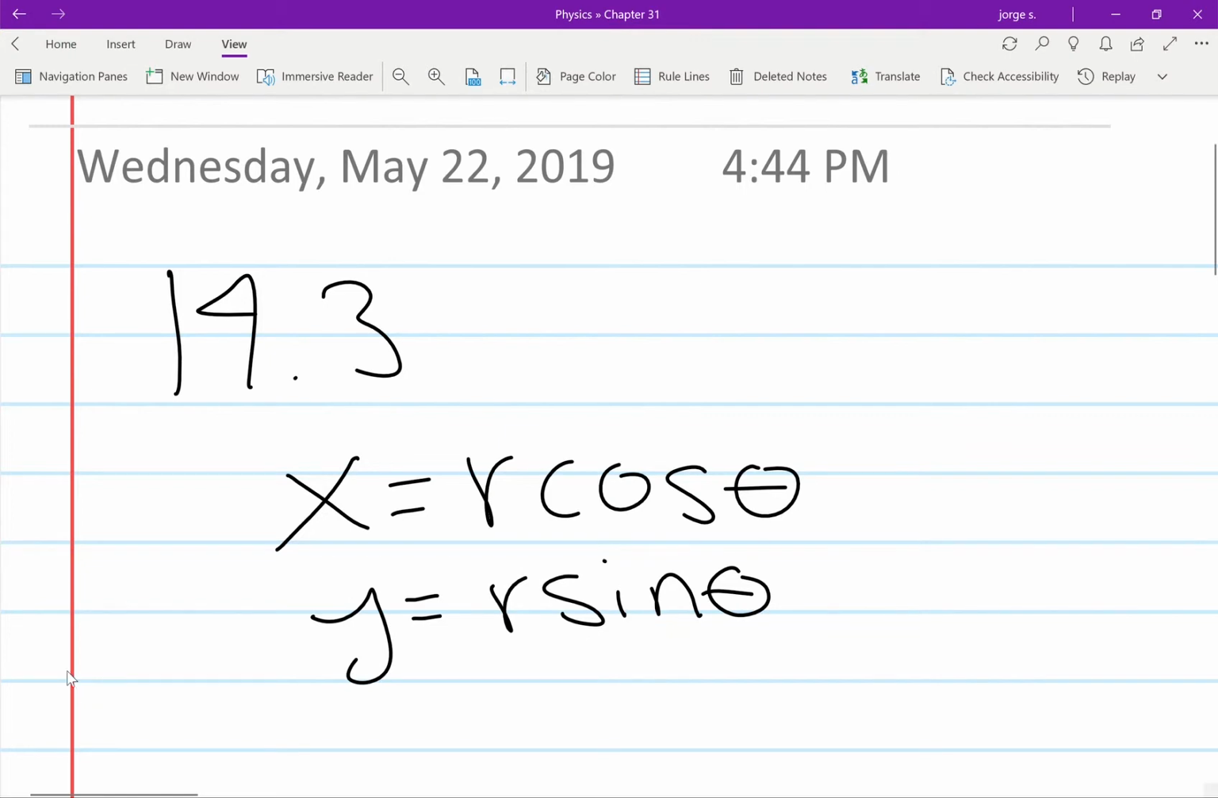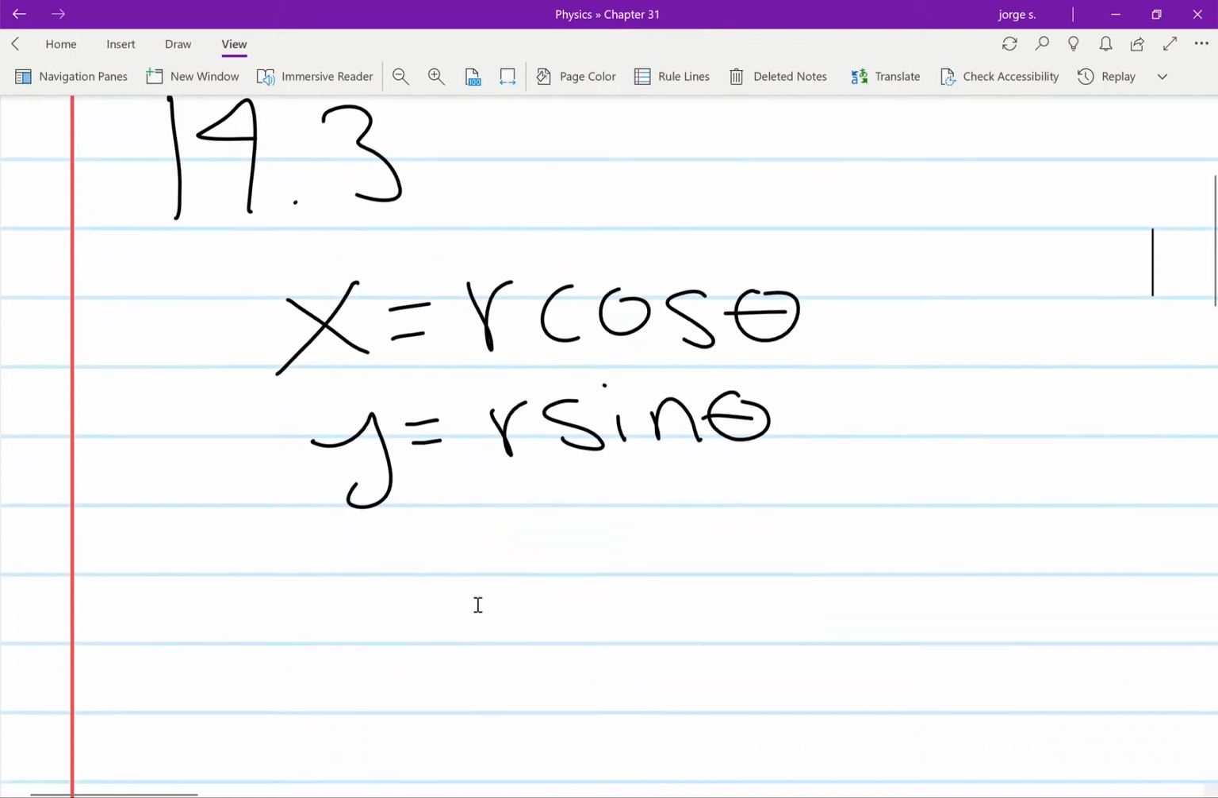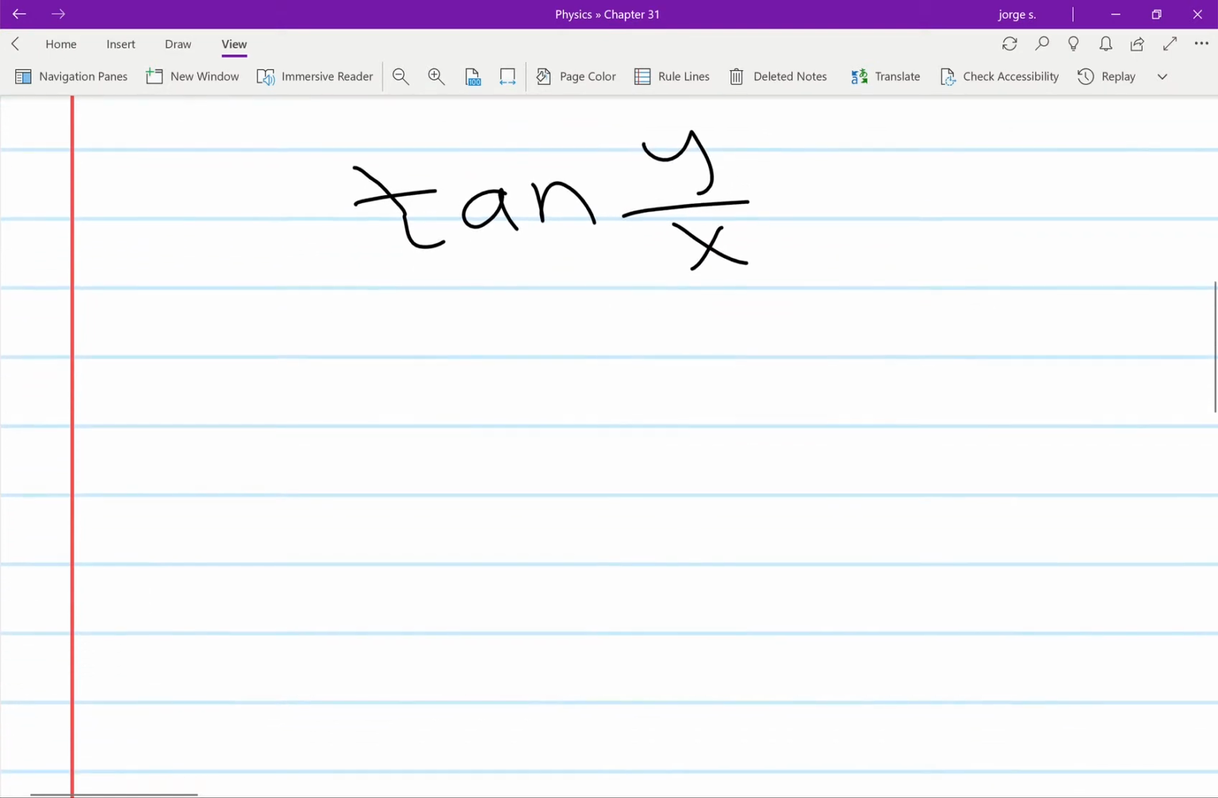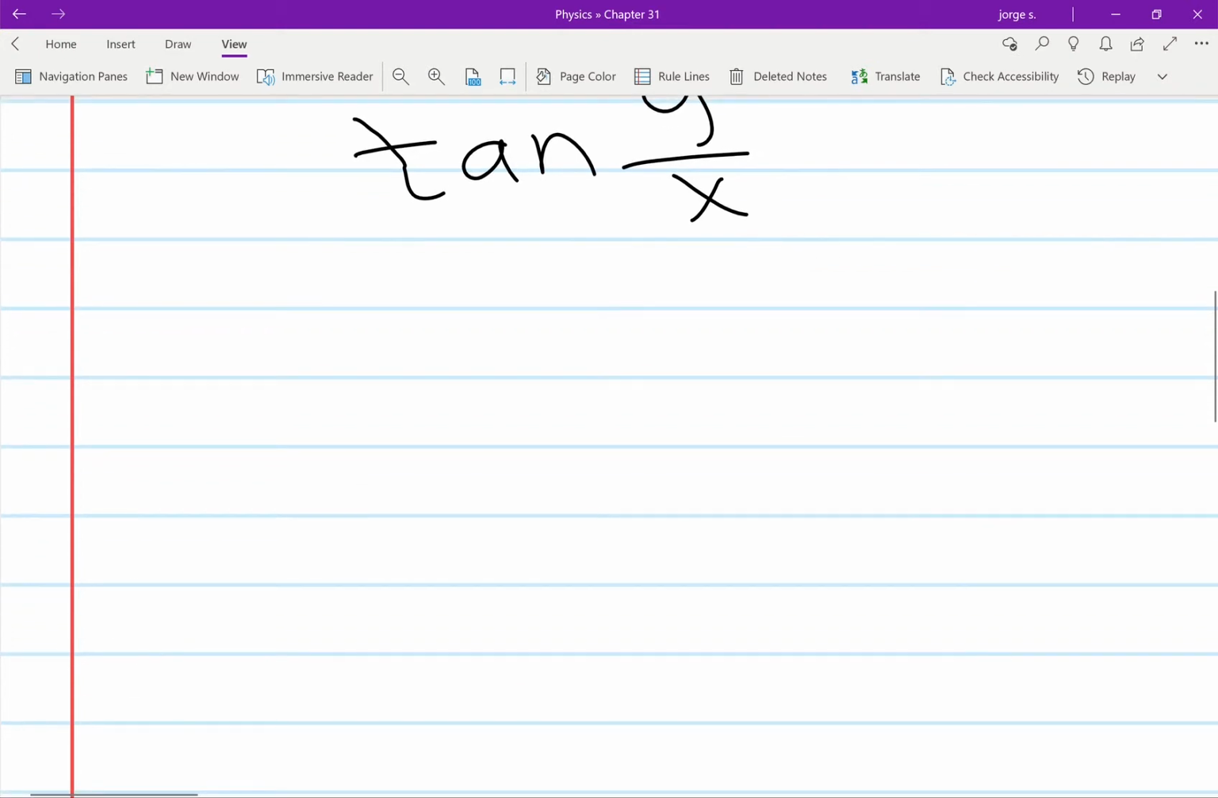Okay, so with that information, we can also get the tangent, which is y over x. So we'll do an example here of an integral. We'll convert it from rectangular into polar. So let's evaluate it. Let R be